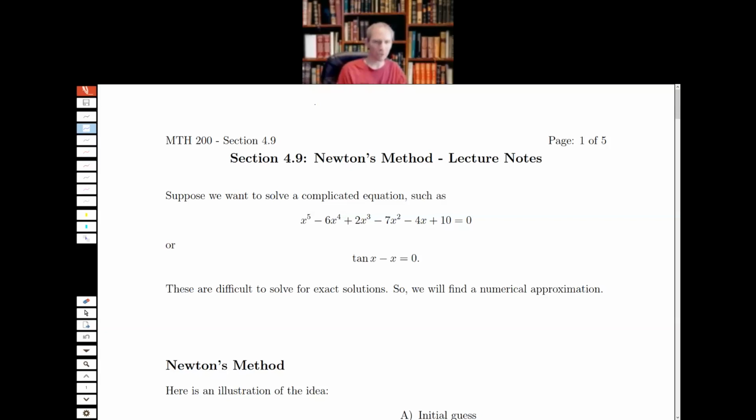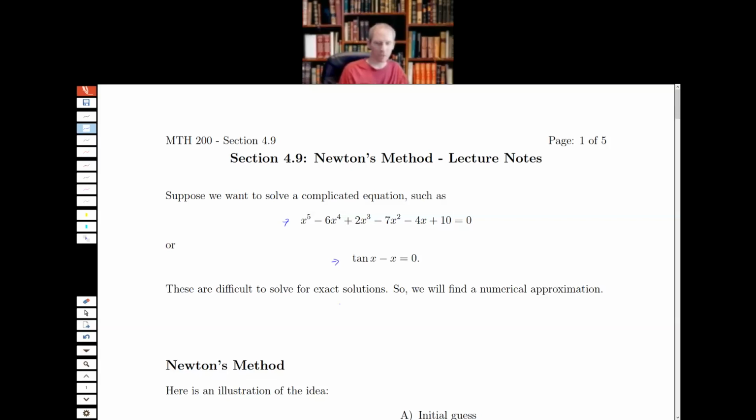So we have these complicated equations like, okay, solve a fifth degree polynomial, or solve tangent x minus x equals 0. These aren't things that you can just write down and get a nice number for. The answers are irrational numbers, and we don't have a nice way to write them, and we don't have a nice way to solve these equations. So what we're going to do is find a way to get a numerical